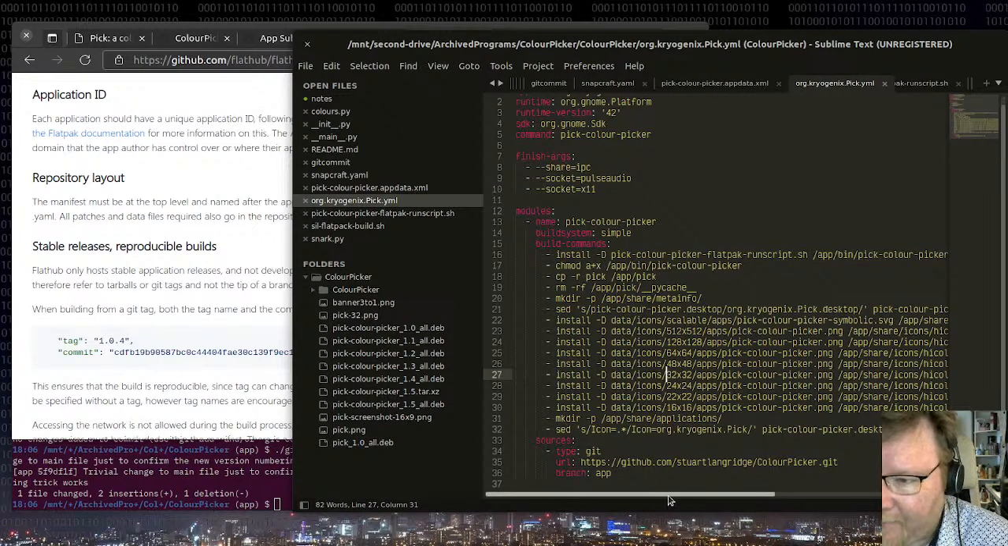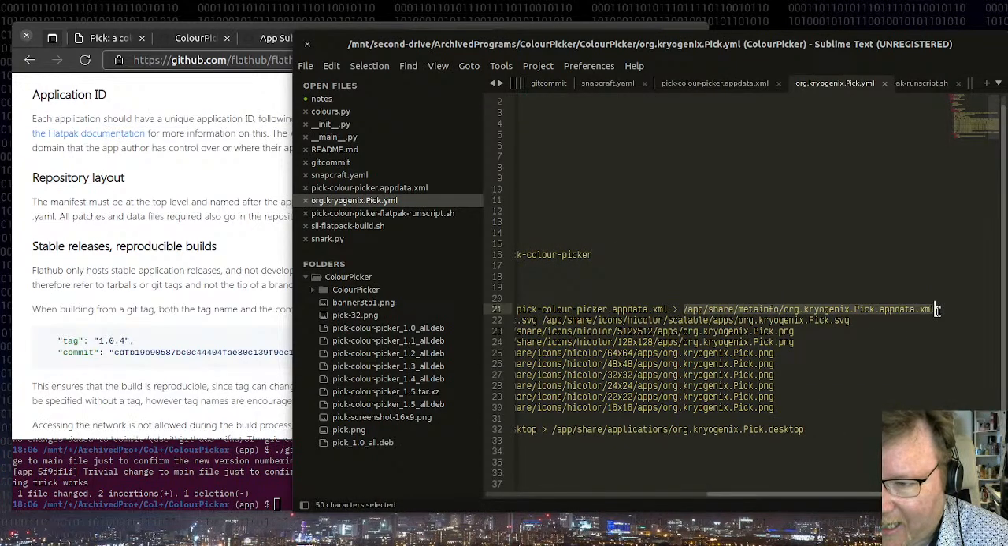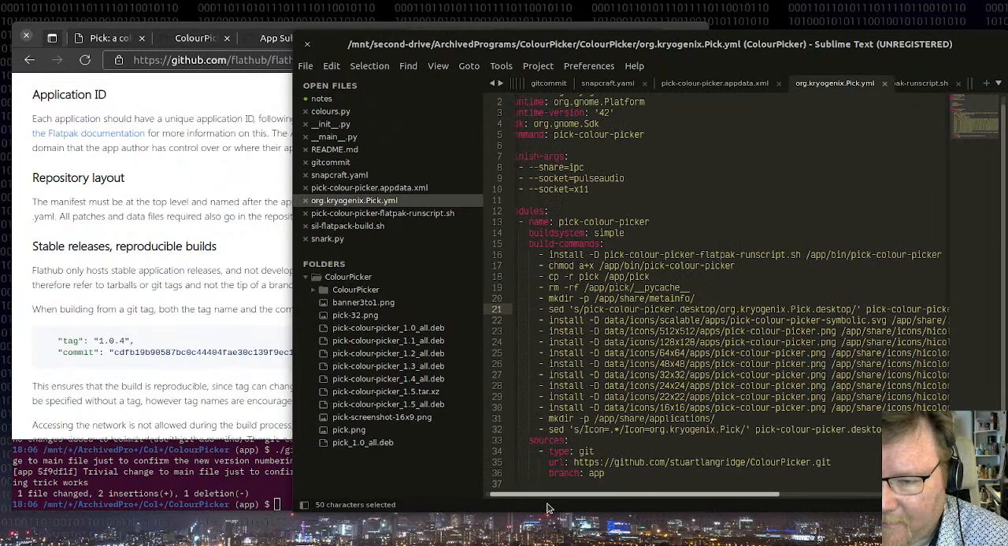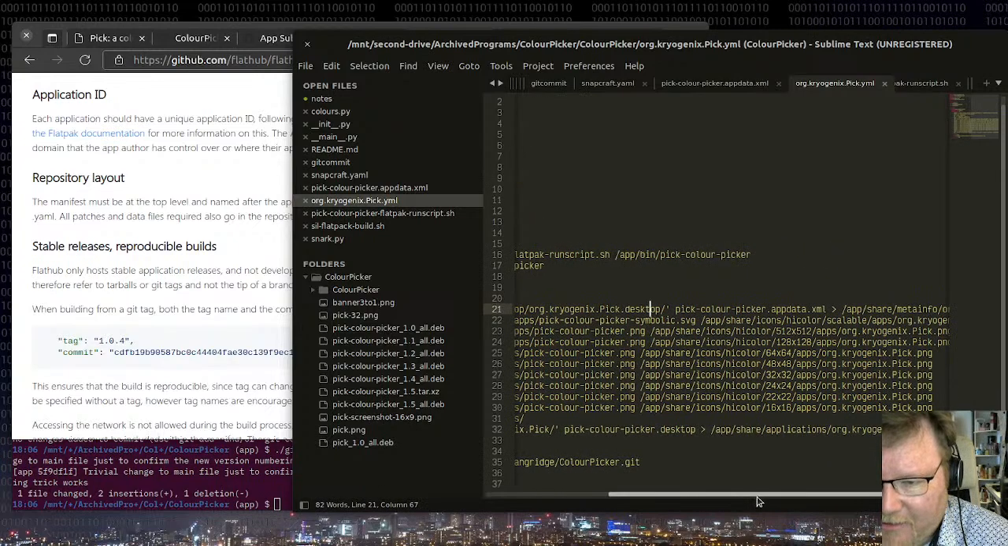Didn't we do that? Didn't I change this so it does? Yeah, check it out. It does it, except it puts it in app share metainfo. So it renames the desktop file, and it changes the reference to the desktop file in